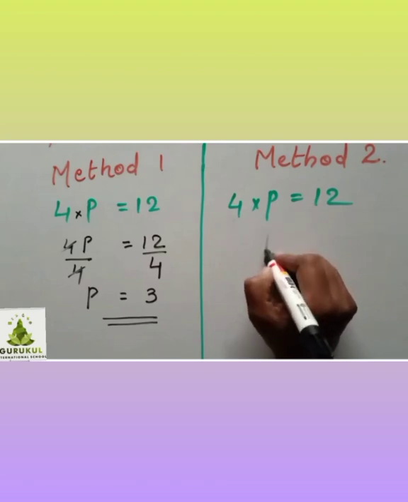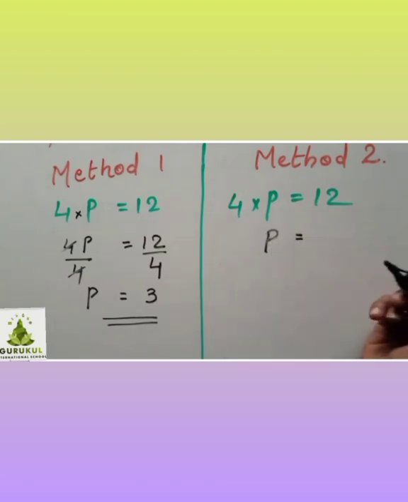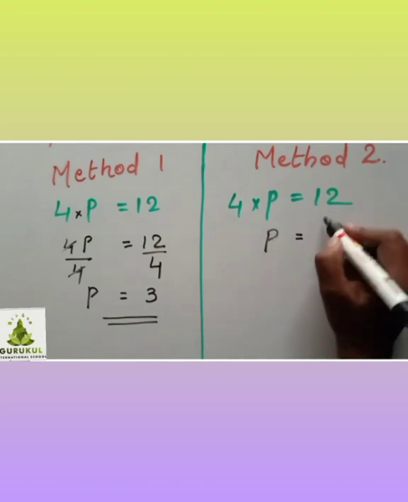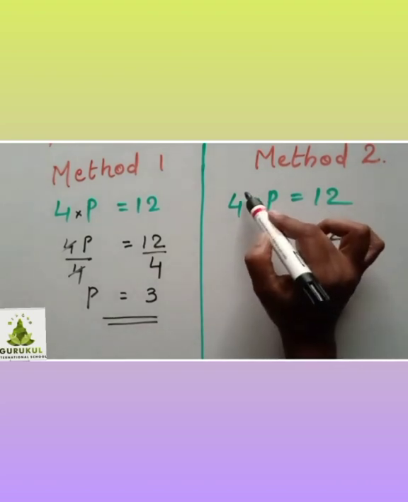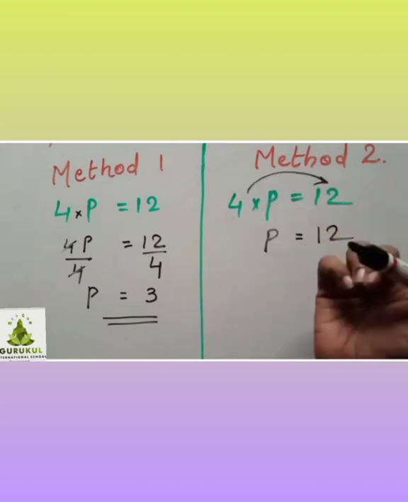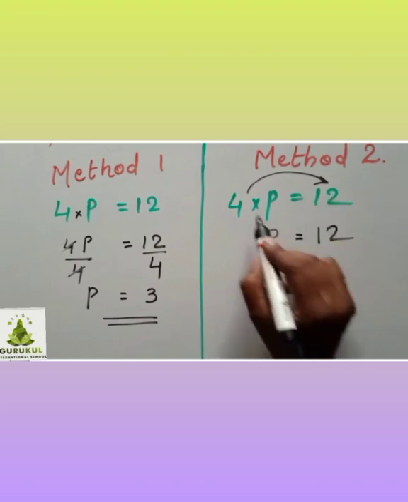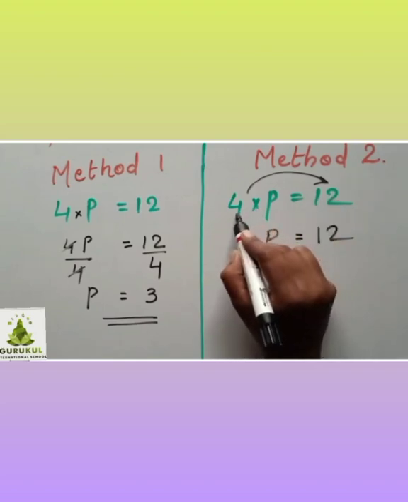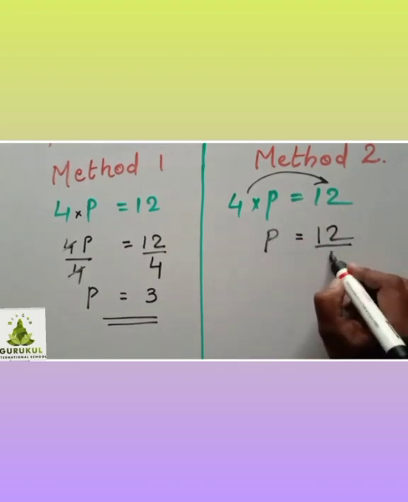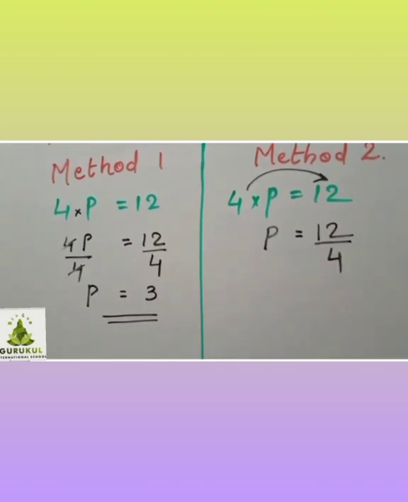Now here also I want to find the value of p. I don't want this 4 on this side. I want only the variable's value. So 12 is here. Now I want to take this 4 to the other side. 4 is in multiplication, so its opposite is division. Multiplication's opposite is division. So when the 4 comes to the other side, here it is in multiplication, so there it will be in division. Is it clear? Directly you can write. When it comes to this side, it goes to division. So p equals 3. In both cases, the answer is the same.